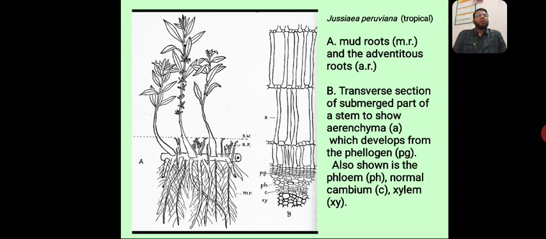Mechanical tissues are usually absent. In vascular tissues, xylem vessels are fewer. Only tracheids exist in the submerged form. In the amphibious form, the xylem and phloem are well built up. Vascular bundles might be arranged toward the center. Epidermal cells of the leaves include chloroplasts, and they can function as photosynthetic tissue, particularly where the leaves and stems are very thin, as in Hydrilla. So these are the anatomical features seen in this particular plant.